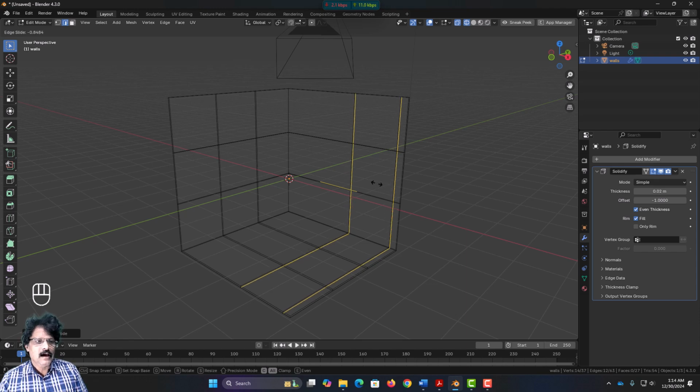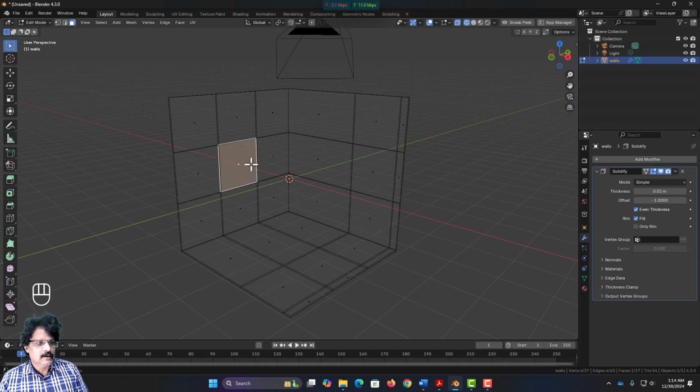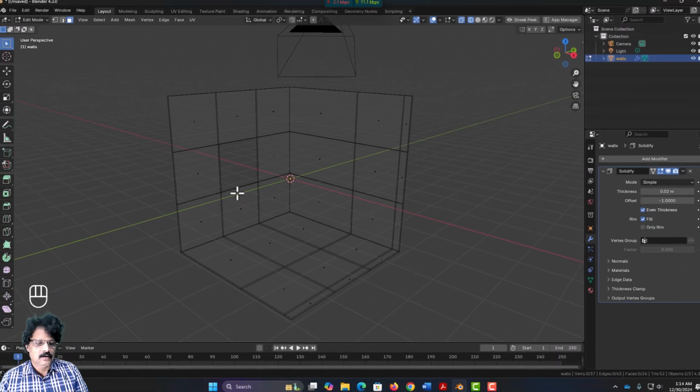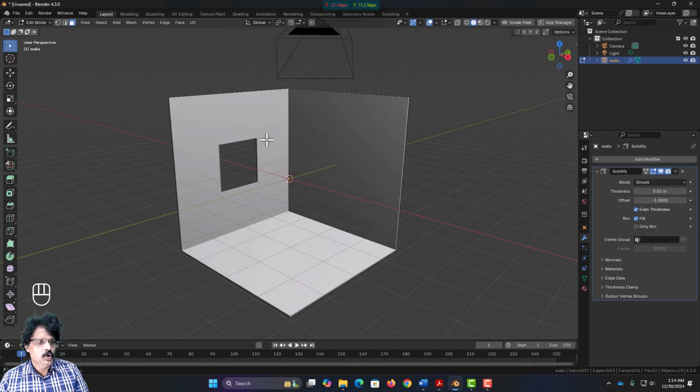Instead of center, I will move it over here and leave it. Now I will come into face selection mode and select this face, press X and delete the face. If I come into solid state mode, now you have an opening here which we are going to use